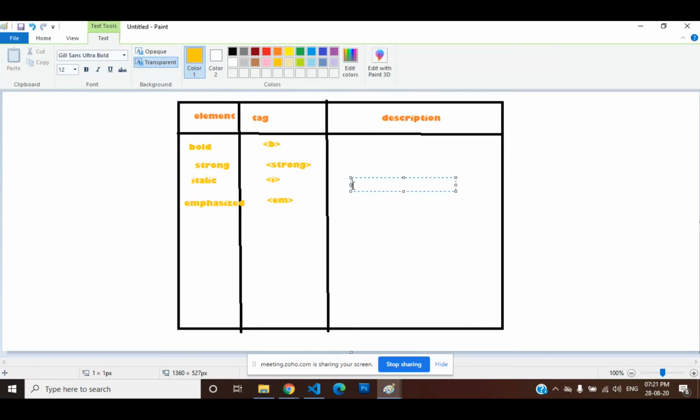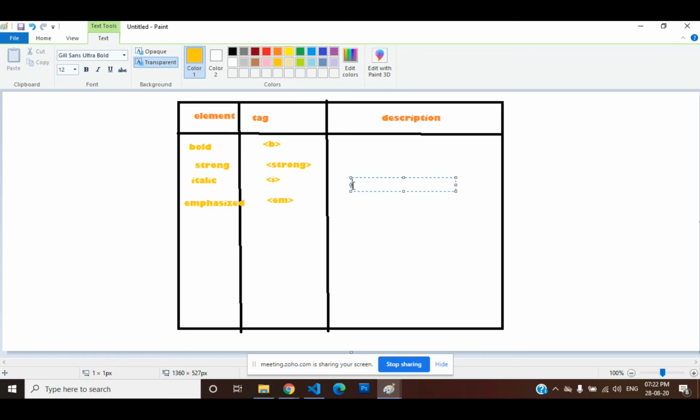Same here, it marks the text as italic in viewing. That is the element of emphasizing.